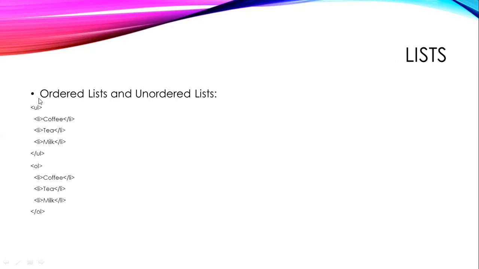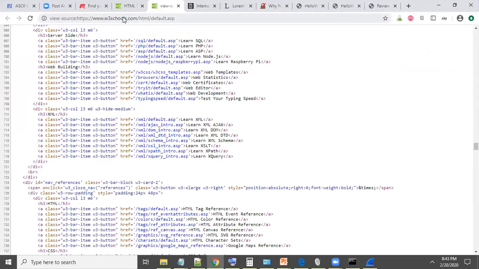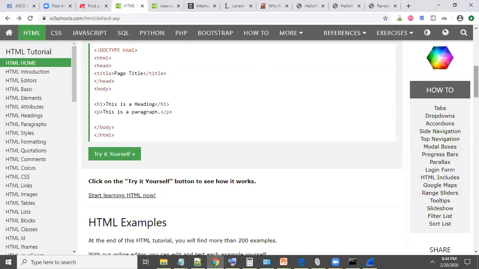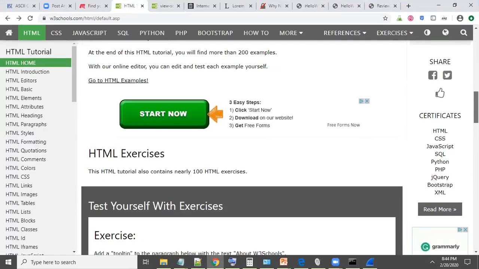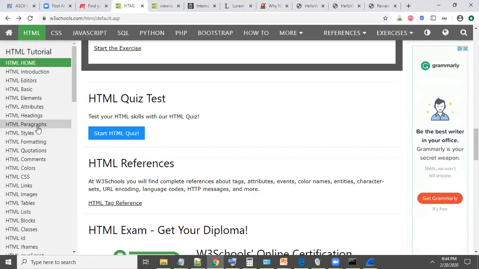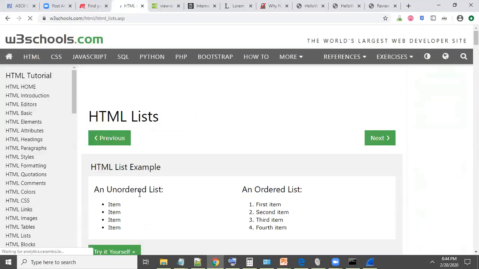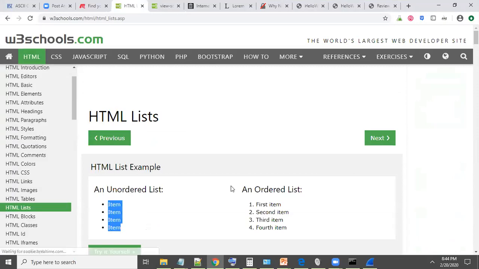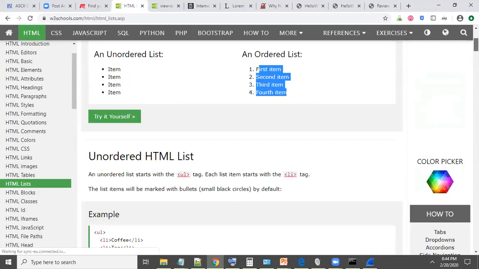And then we have lists. So if you look at a particular website, let's find a list right now. There we go. We have unordered lists and ordered lists. Ordered lists have a number at the beginning, like 1, 2, 3, 4, and unordered lists have a bullet point.